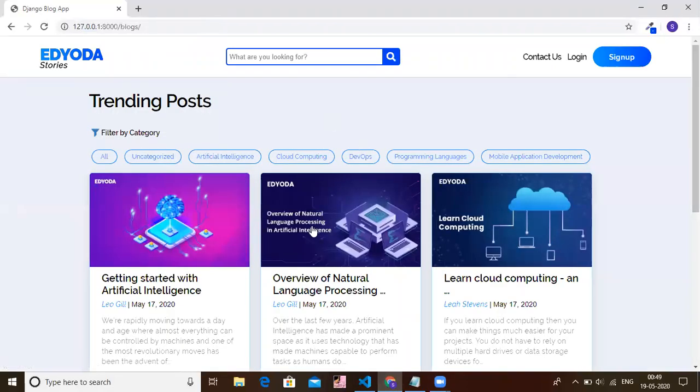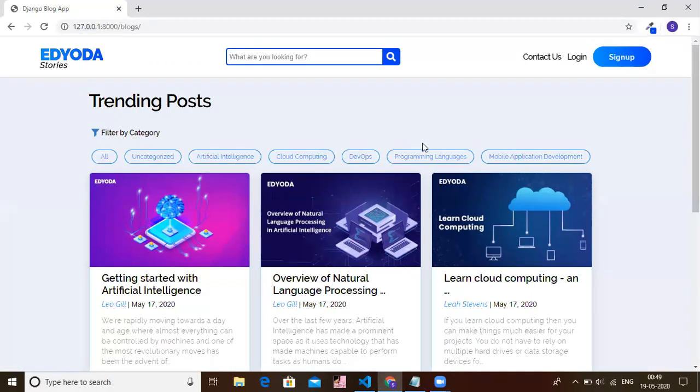Okay, there we go. To understand all the features and functionality of this blog, we will take a look at them from the perspective of different users that we are going to have on our website. The first one is this unregistered user. Let's see what all things this user can do when they have not yet signed up on our website.